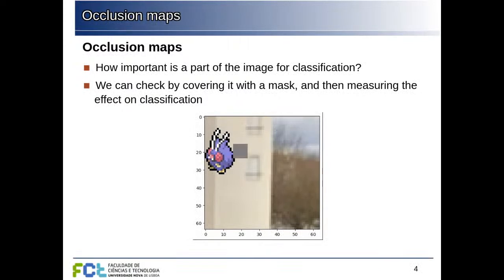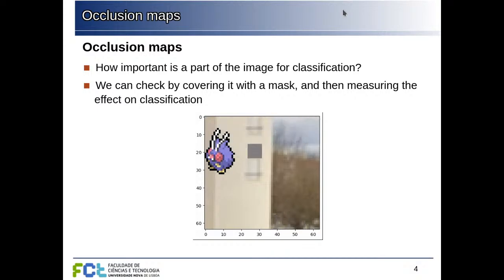So basically, we can do something like this. We have an example from your Pokemon dataset, and we can generate new images by placing a gray square in different positions on the original image. And then we can look at what the network is telling us about the class of each of these new images. We should expect intuitively that covering parts of the background would not make any difference. If it does, then our network is probably learning something wrong. What should make a difference is covering parts of the Pokemon,